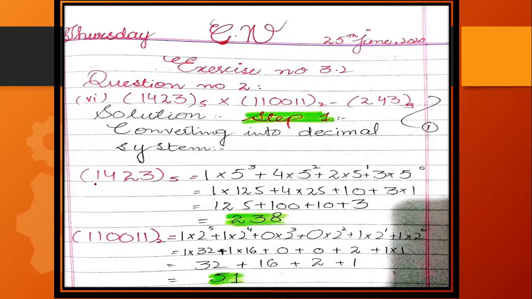So what I will do, first of all, the step 1, converting into decimal system. 1 2 3 4, ये total 4 values हैं, उसकी base 5 है. तो 4 से एक less number क्या है आपके पास, that is 3. So what I'm going to do, 1 into 5 to raise power 3 plus 4 into 5 to raise power 2 plus 2 into 5 to raise power 1 plus 3 into 5 to raise power 0. इसको अगर हम solution की तरफ चलें, it will give me 125, it will give me 25 into 4, it will give me 5 2s are 10.